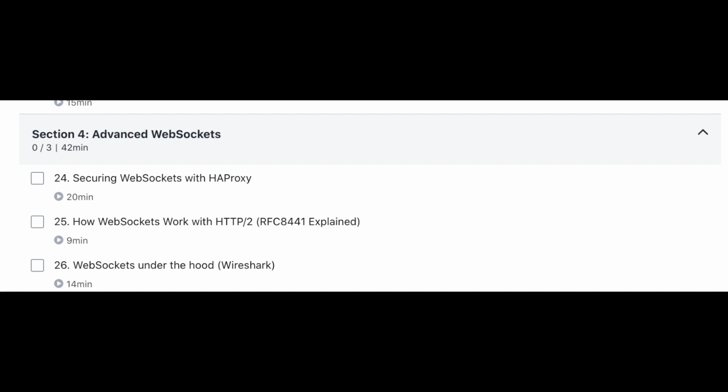And the final section is a bonus section where I talk about advanced WebSockets stuff. Things like, how does WebSocket look under the wire in the TCP packet, the headers, all that beautiful stuff. How would WebSocket work in the future with HTTP2, which is still a very vanilla